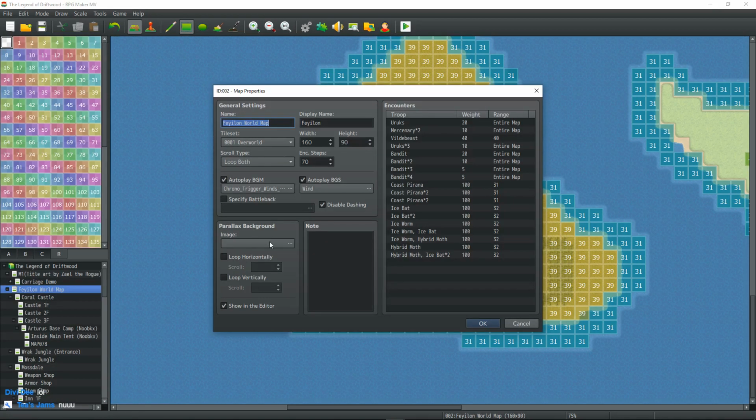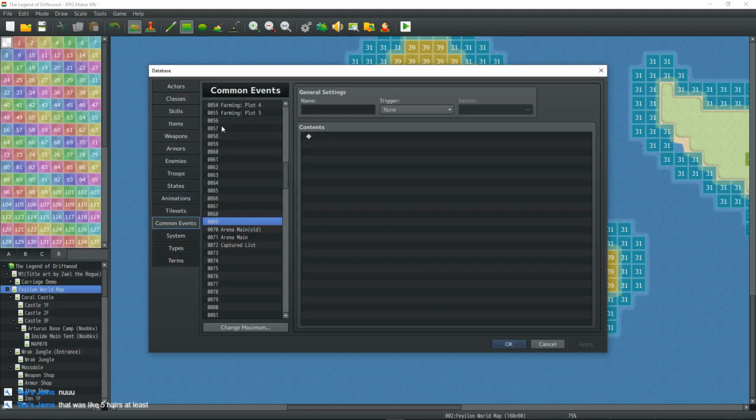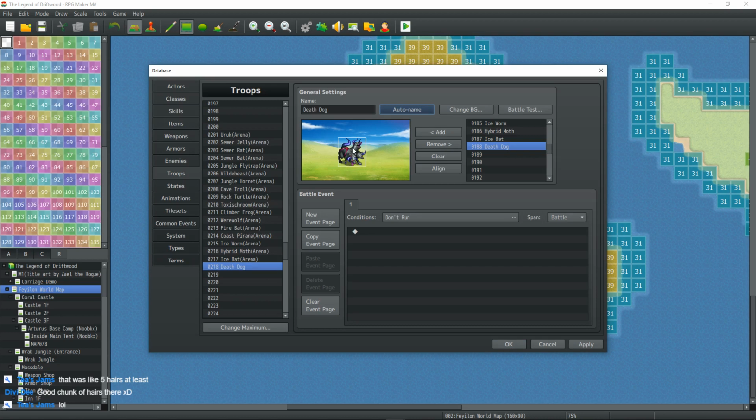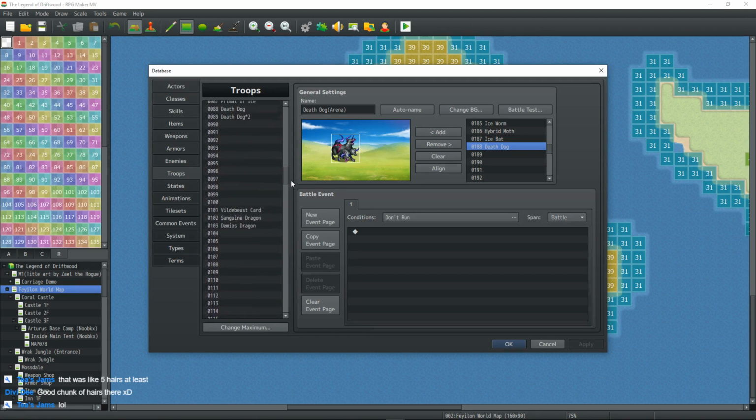Let's go here, edit this, and set a new thing. Oh wait, did I remember to make the troop event for the death dog arena version? No, I did not. Okay. So for the battle arena version of the troop, the death dog troop. There we go. And this will be death dog arena. Almost forgot that. That's 218, but then the regular one is going to be